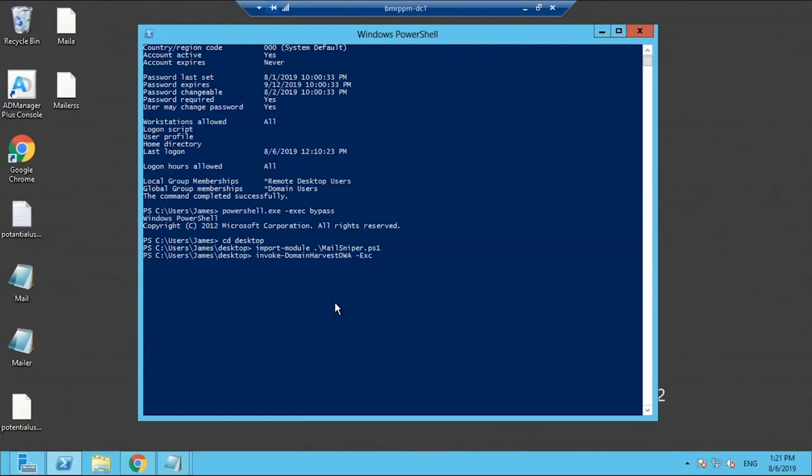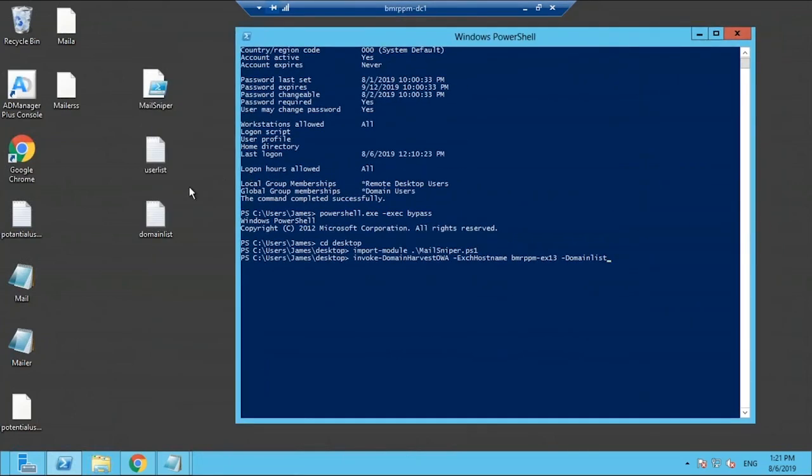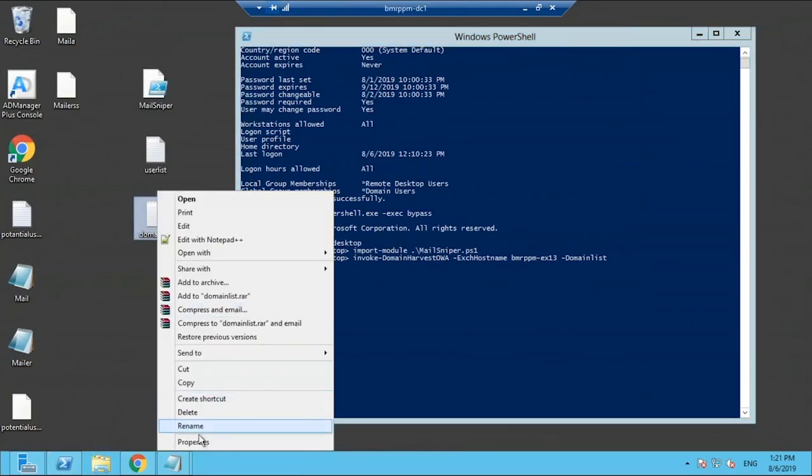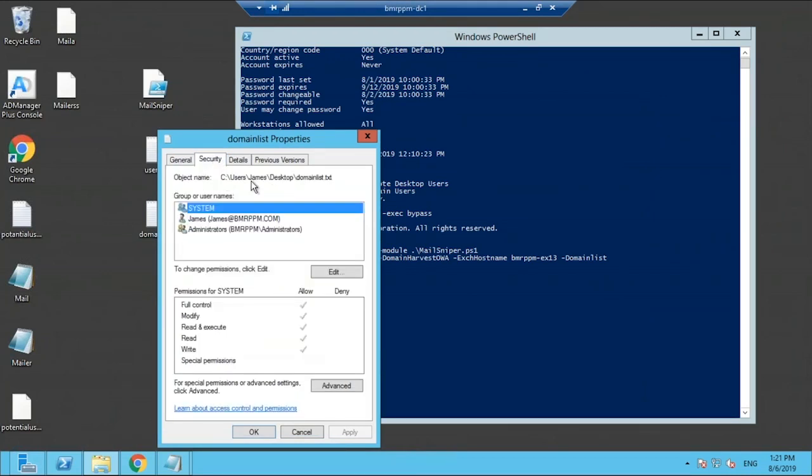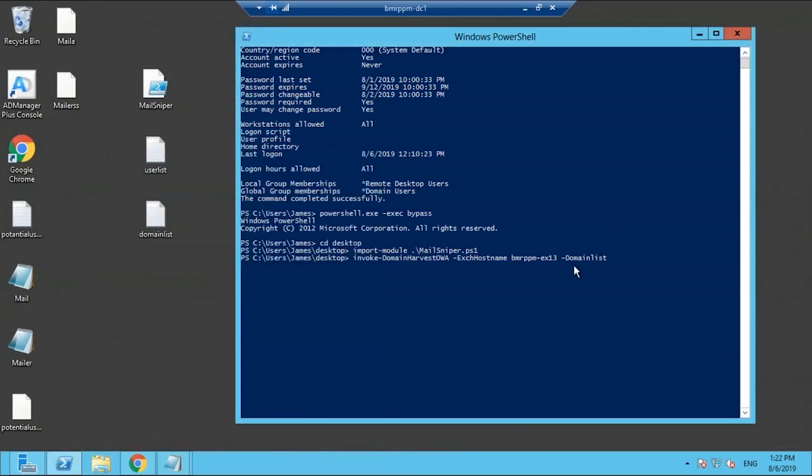And then the Exchange hostname, the name of the server that hosts Exchange, right? So that's VMware PPM-EX13. That's the name of the server that hosts Exchange, right? And the next thing is the domain list. Domain list is nothing but the list of domain names that I just showed you. Here we are, right? So what we do is right click, properties, security, and let's just copy the path of the file, right? Copied and